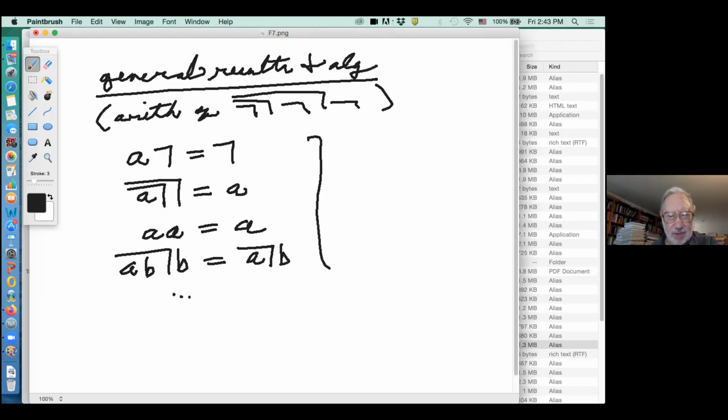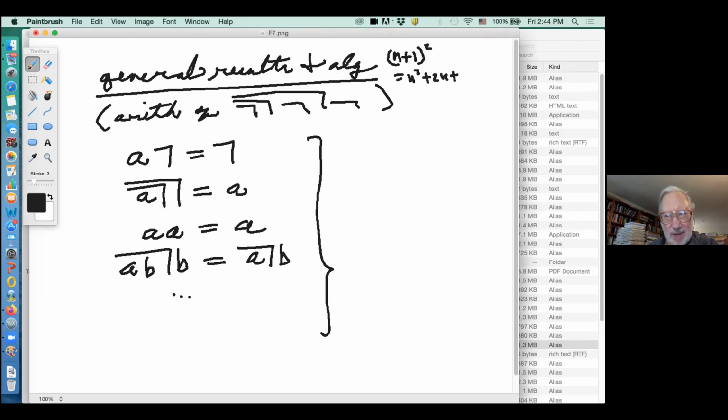How do you understand them? You understand them the way you were told to understand algebra long ago, but maybe it's easy for us to forget what we were told to understand. We were told to understand that an equation in algebra means that it's always true in the arithmetic, no matter what numbers you put into the arithmetic. For example, n plus 1 squared is equal to n squared plus 2n plus 1.